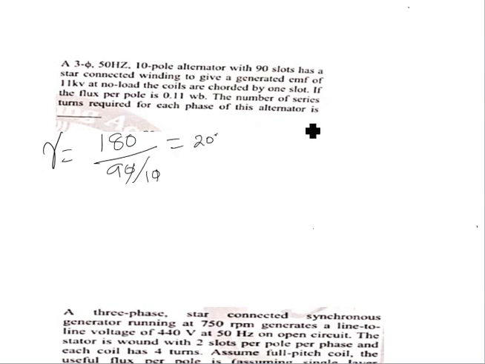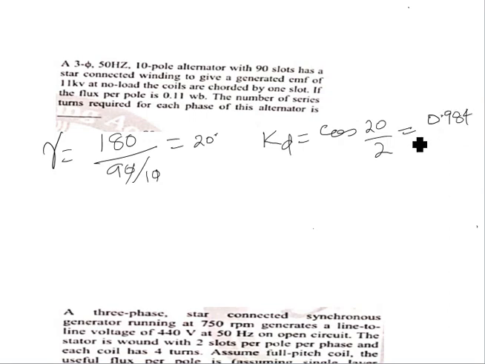Similarly, it is coded by one slot, so kd will be cos alpha by 2. Alpha is 20 degrees, so that is cos 10 degrees, which will be